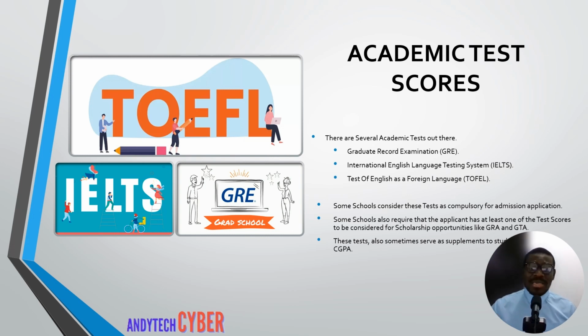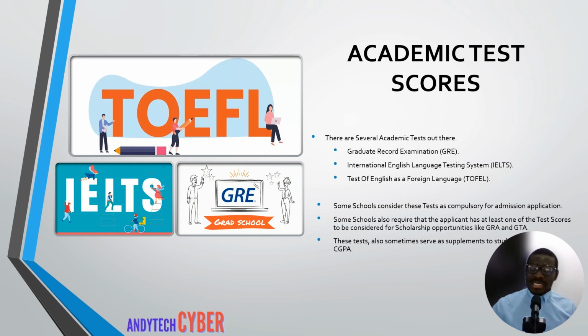Now, some schools deem these as required documents. What does that mean? It means some schools will tell you, if you don't have GRE, we cannot consider you for admission. If you don't have IELTS, we cannot consider. So we are fortunate. We were colonized by Britain, right? And so our official language as Ghanaians is English. So majority of the schools I applied to when I started this process waived the English requirement for Ghanaian students because they know the language of teaching and learning has always been English, and so that's good.